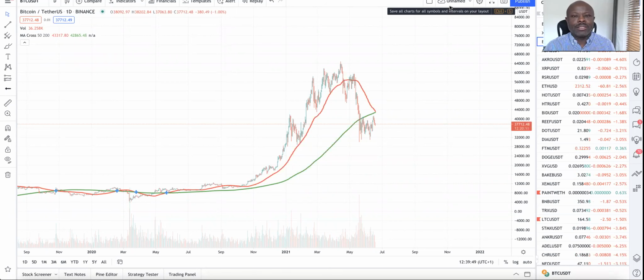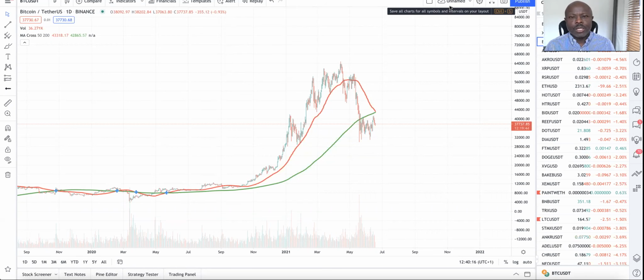Today I want to look at the impending Bitcoin death cross. Today is the 18th of June 2021, and there's been quite a lot of mentions of the Bitcoin death cross on social media, Twitter, Facebook, you name it. A lot of people are worried, and even in my Telegram channel, someone has already asked me what the death